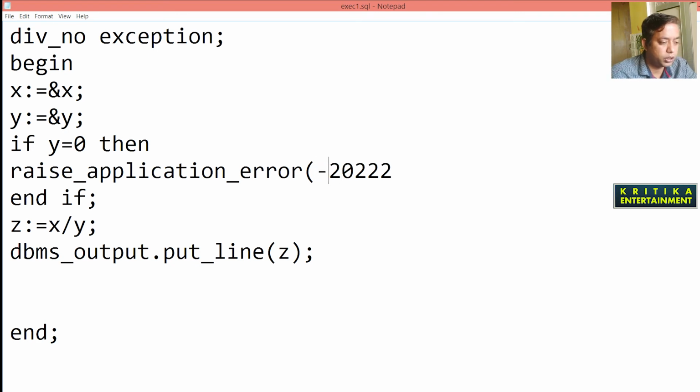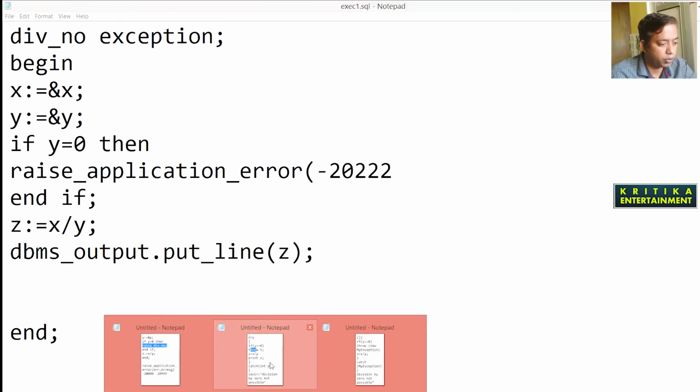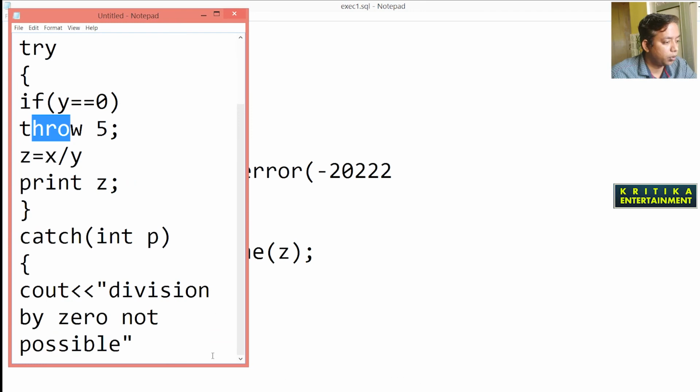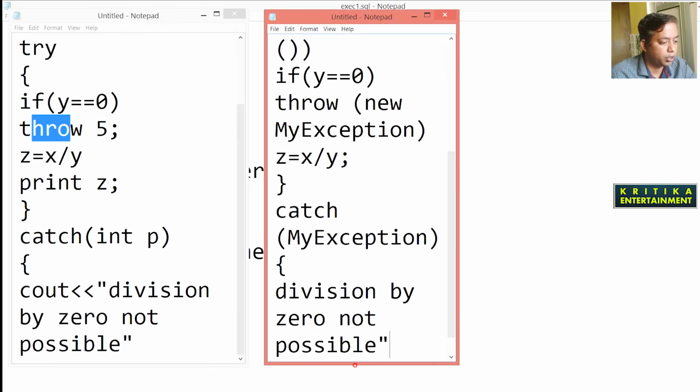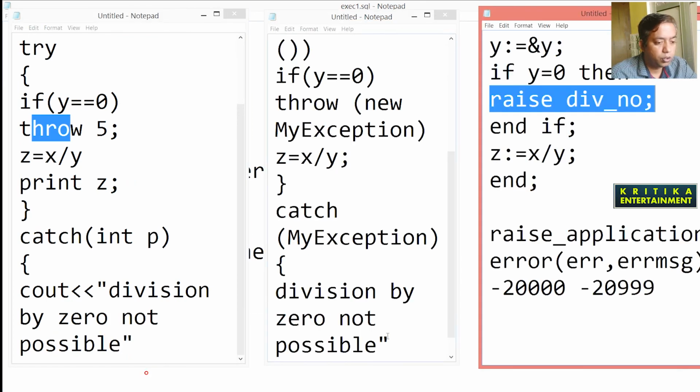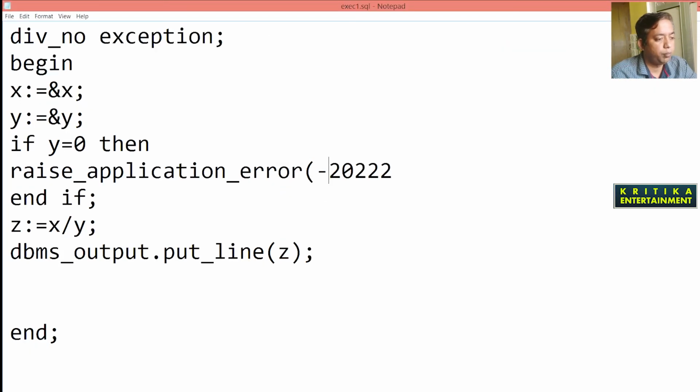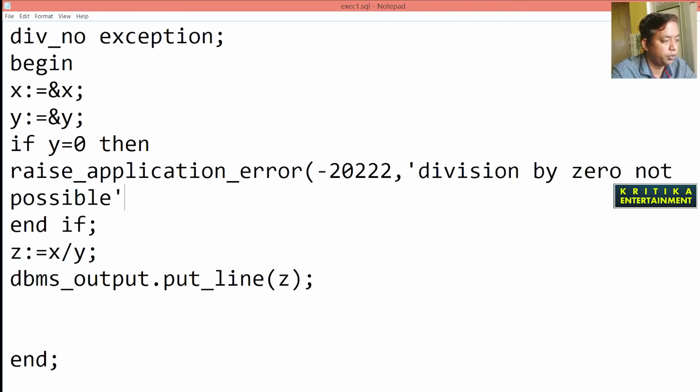What is the error message? My error message I have printed here: division by 0 is not possible. Then I will save this and run it to see whether it is working or not.